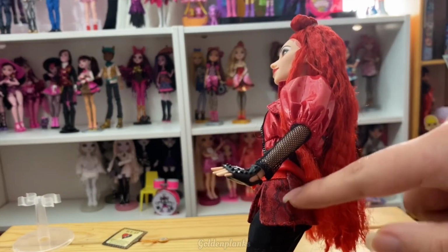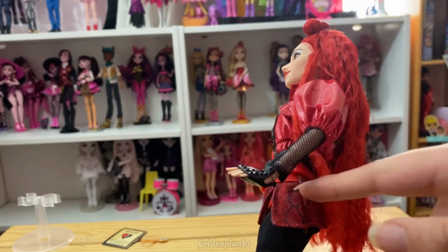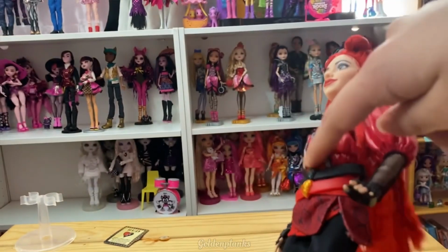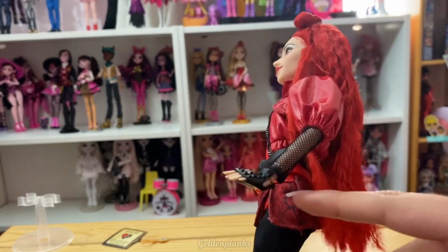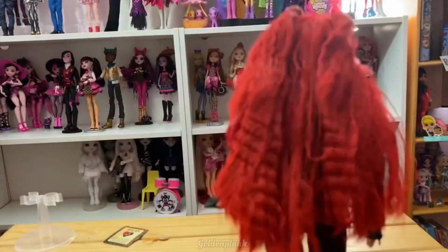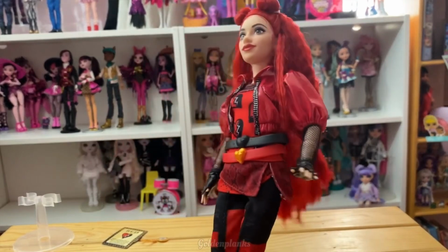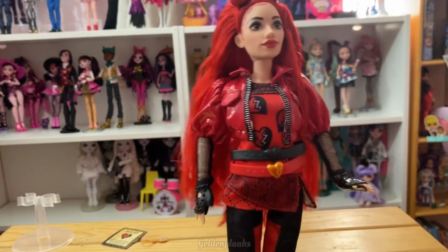They just made it the same fabric all the way around instead of doing one whole shirt and then this snake skin underneath. That's what I'm guessing it is. I'm guessing that in the movie this shirt is a whole shirt and this part is something that's over it, but they chose to do it like this instead, which in my opinion looks completely fine. It doesn't bother me at all, and Red will probably have her hair covering it anyway, so in my opinion it's not a big deal unless you're going to do a different hairstyle for Red,